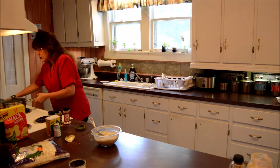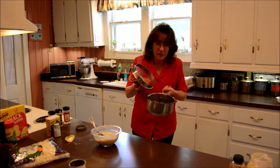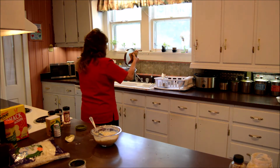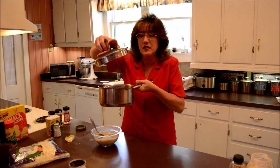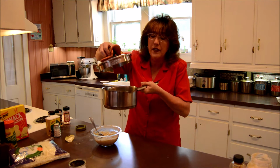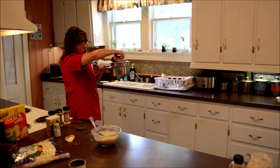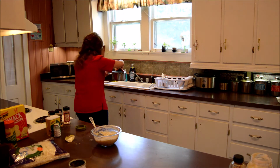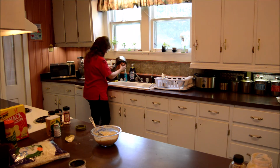So I'm going to drain the water out of my Brussels sprouts. I happen to have a pan that has a lid that lets me drain the water out of it. There are the holes right there on the end. So that's how I do mine. I'm lucky I don't have to use a colander. If you have to, then use your colander, whatever, or hold the lid and let the water go out. I want to get out as much water as I can. Okay,